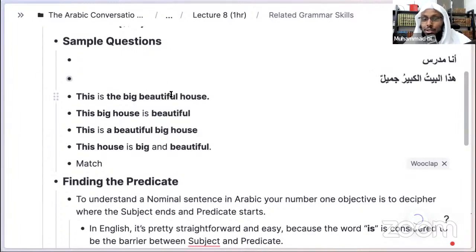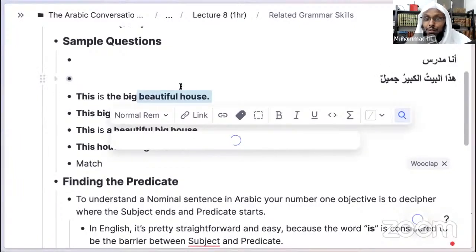That's why some of you said, this is the big, beautiful house. This big house is beautiful. SubhanAllah, it's one sentence that I wrote in Arabic. How did I get 5, 6 different meanings? Even though all of you know the meanings of every word. That's another point I said I wanted to prove today, which is just knowing the meaning of vocabulary doesn't mean you can understand the sentence. You have to know how a sentence is structured. Okay? So all of you know that Jamil means beautiful, you know Kabir means big, you know Bait means house, you know Hada means this. But still I had 6 different